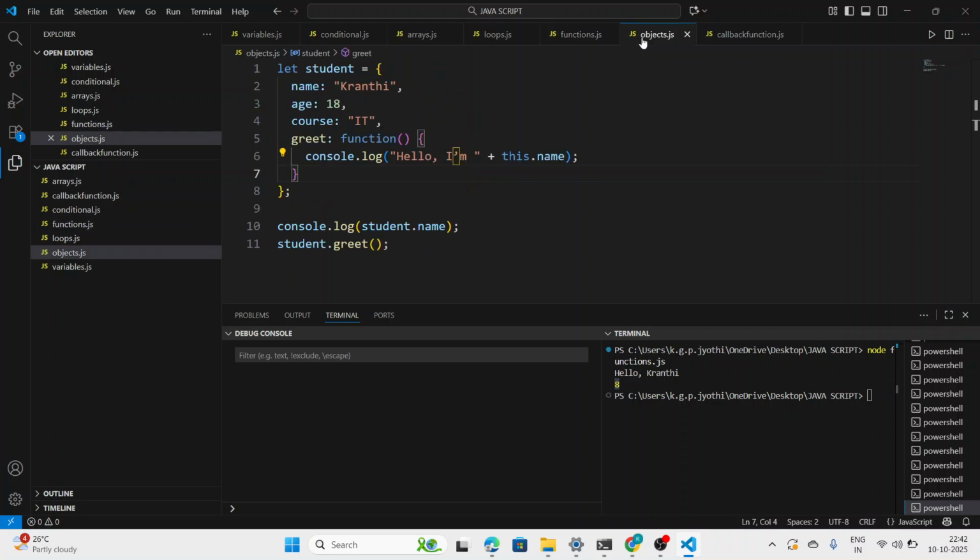Next, going to the concept as objects. Objects store data in key value pairs. Objects can also have functions inside called methods. So if we see the code, first I consider the student details, name, age, course, and one function. In that function, I print hello, I am name of the student. If we run this code in the terminal,